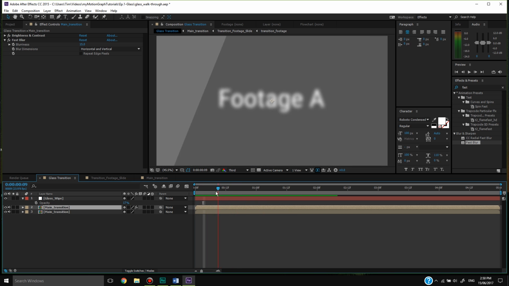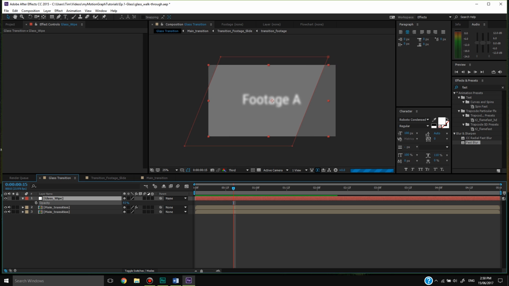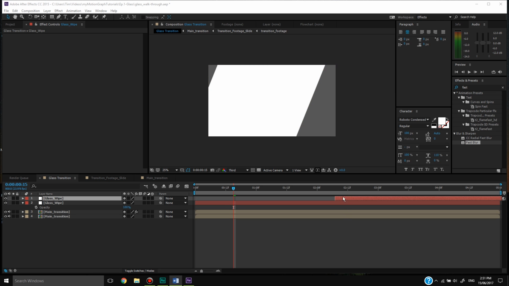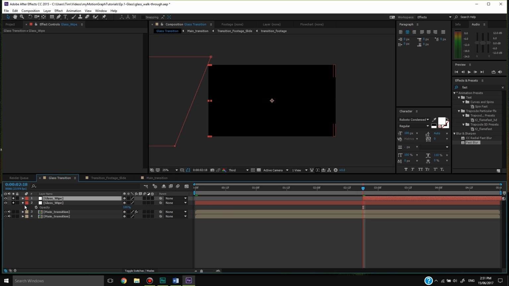Okay, that's looking right. We might need to make a few more adjustments later, but it looks pretty good for now. So I'm going to bring the opacity back up again, and I'm going to duplicate this. I'm going to make this wipe start at around 2 seconds and 3/4 in, so around 2 and 18 frames. So if I solo these 2 layers, it's literally just these 2 wipes happening,